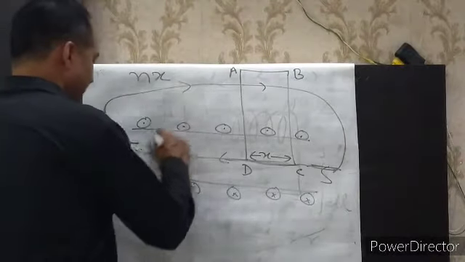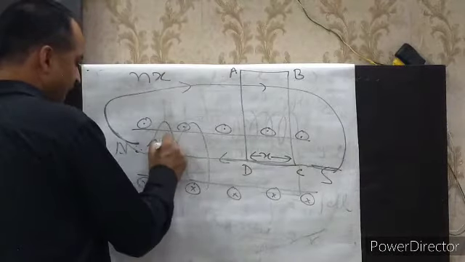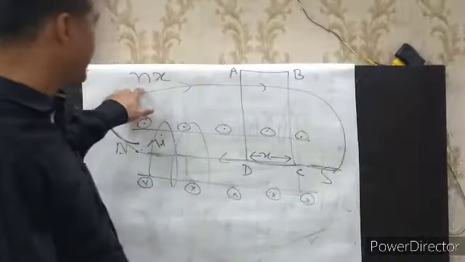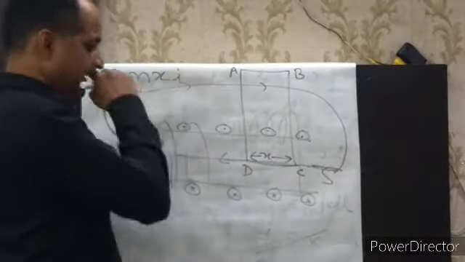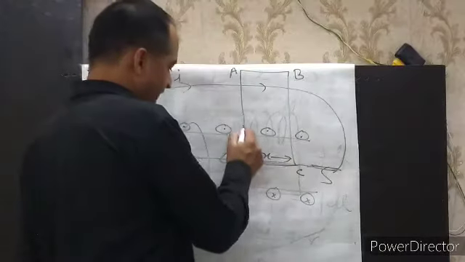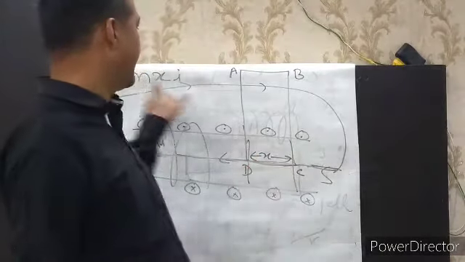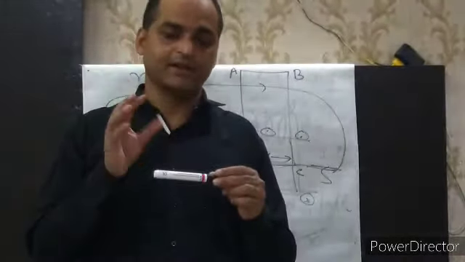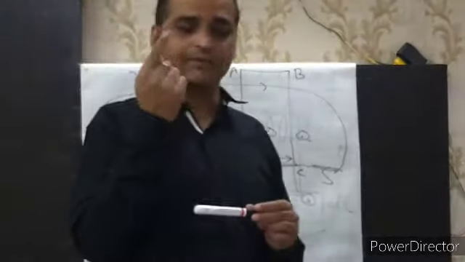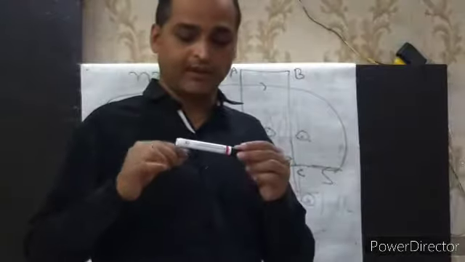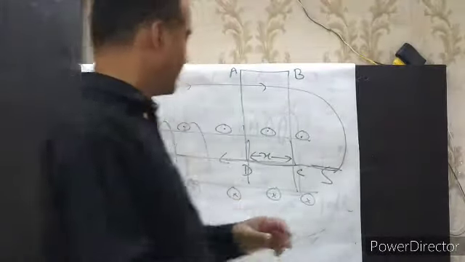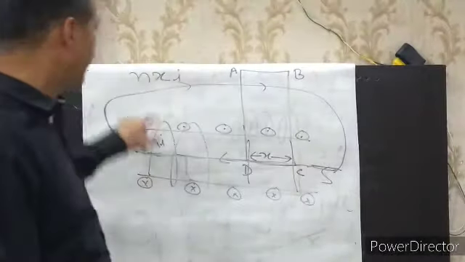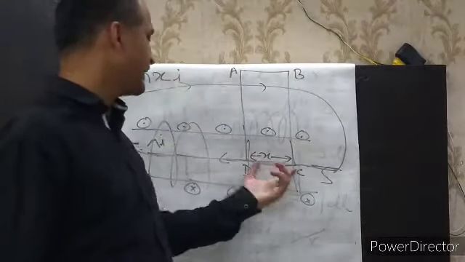Suppose the current in one loop is I. For one turn the current is I, so for nx turns the current is nxI. Then what is the total current between D and C? The total current is nxI. Again, listen: the number of turns per unit length is n, so in length x the number of turns is nx. The current flowing in one loop is I, the current flowing in nx loops is nxI. Then the total current is nxI.